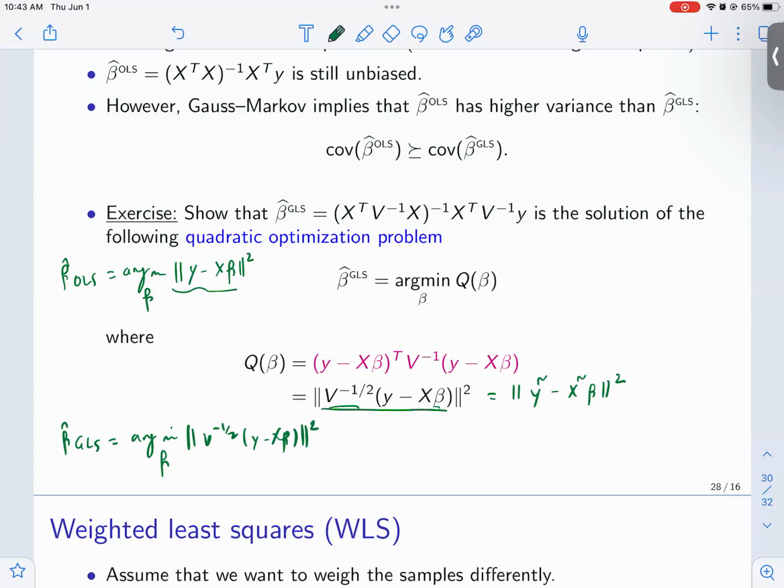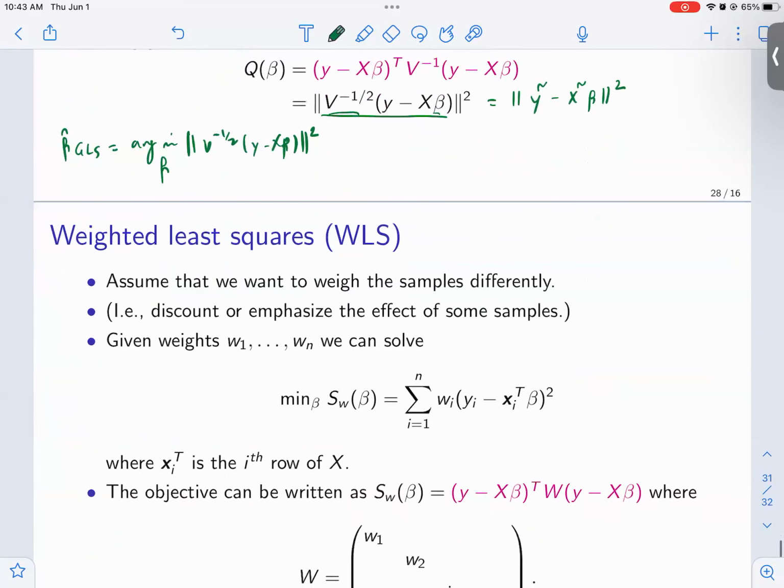But why did we do GLS? Because it has a smaller variance when the assumptions of Gauss-Markov fail, and you still know the V matrix. Then everything sort of works once you do that decorrelation business. And one last point here is that